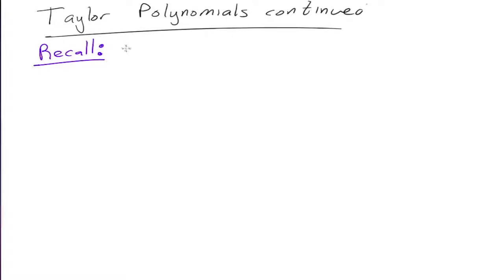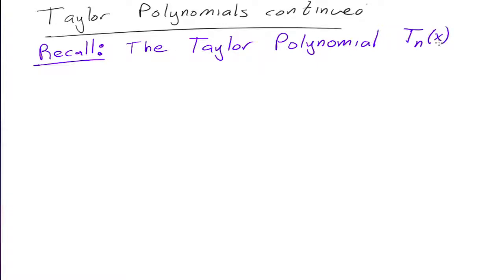We said that the Taylor polynomial, we call it Tn of x, which the video is online, by the way. But anyways, from yesterday. The Taylor polynomial of f of x centered at x equals a is